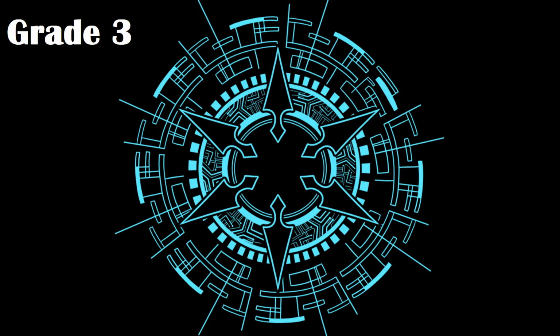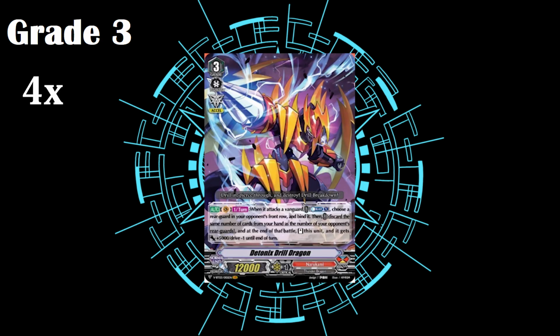Now for the grade 3s, we are running 10 grade 3s, which are 4 copies of Detonix Drill Dragon. Now this is your main boss card. Obviously you're gonna run it at 4. Its skill goes like, when it attacks, you counter +1, you discard, you choose one of your opponent's rear guard, bind it, and then you in the front row, you have to bind the front row again, and then you discard the same number of rear cards from your hand as the number of your opponent's rear guards, and then